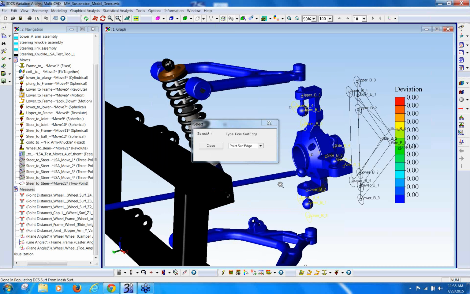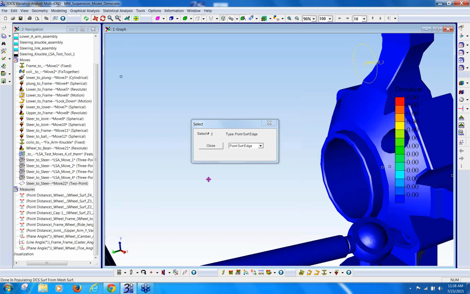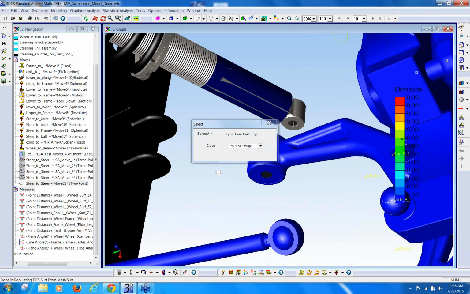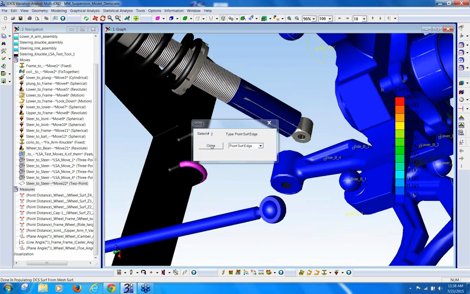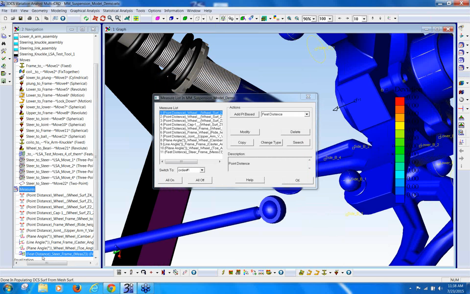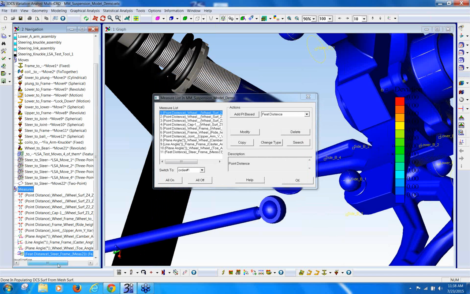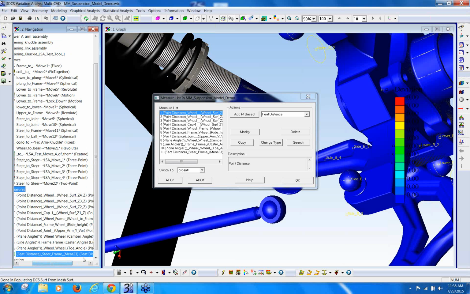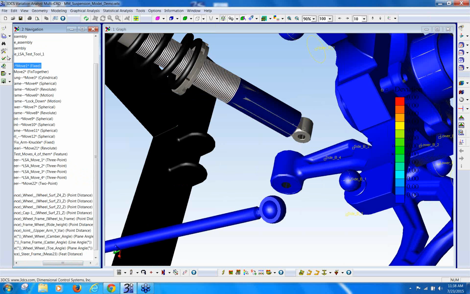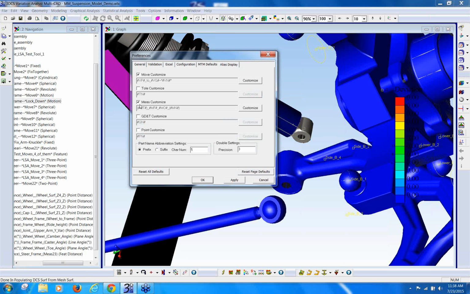And I'll measure this face to this face. Okay, and so it automatically filled this in. It is measurement number 23, but it filled in feature distance measure, steering to frame, and then it's saying feature distance again, and that's only because I must have that in my alias display setting. So if I go into my measurements again,